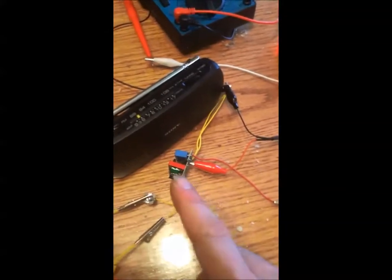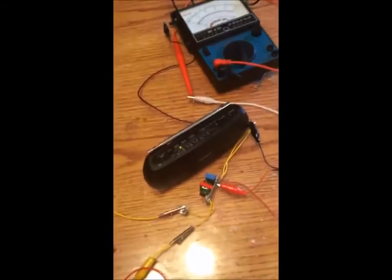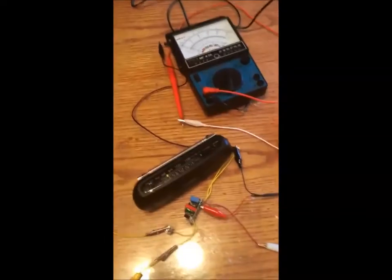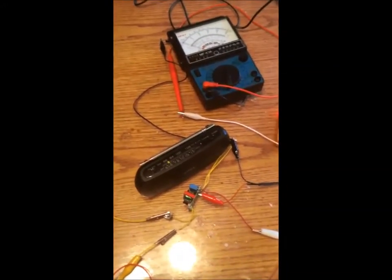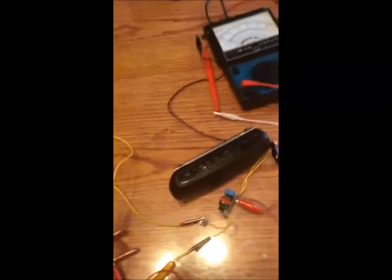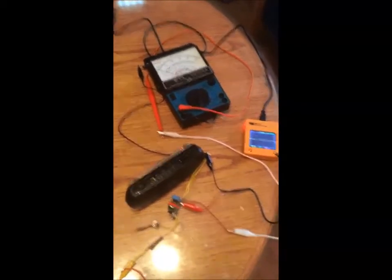So I decided to take an interesting circuit here, as you can see from close up right here. Basically this is a very, very tiny flyback-like circuit. It's taken out of a fly zapper, and basically it's one of those joule thief type circuits. It's a little transistor that oscillates, and at high frequency you get a high frequency, high voltage AC, and there's a little rectifier, and it gives you high voltage DC sparks, about a couple thousand volts,